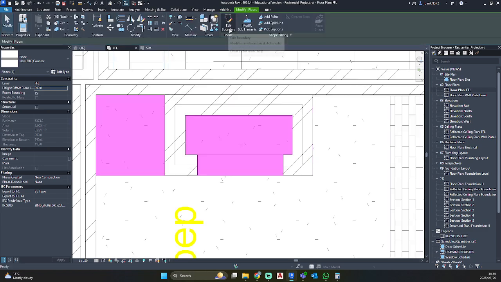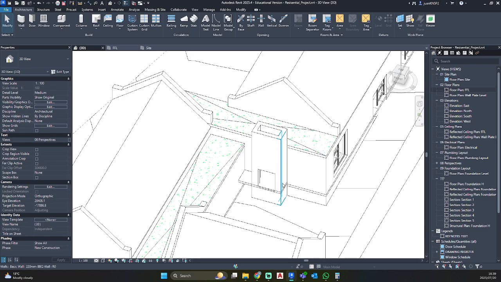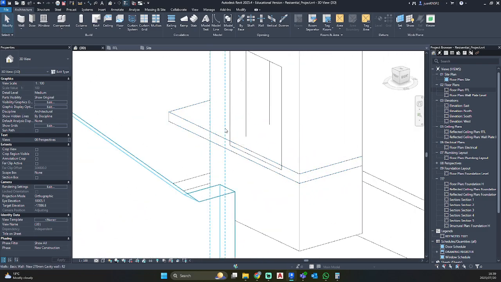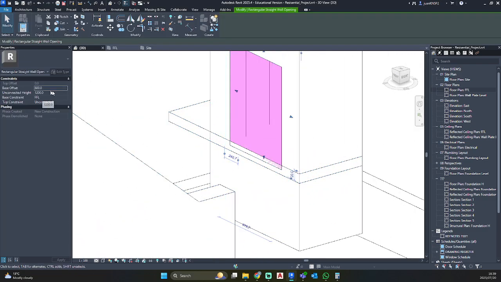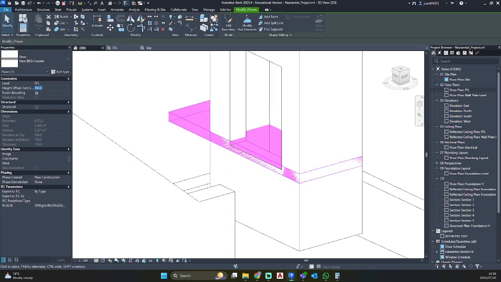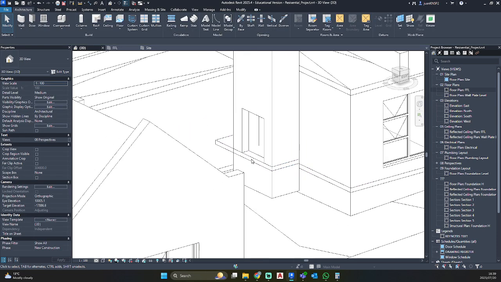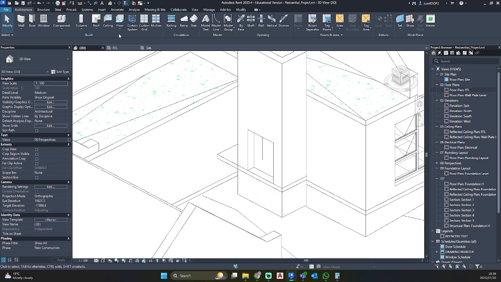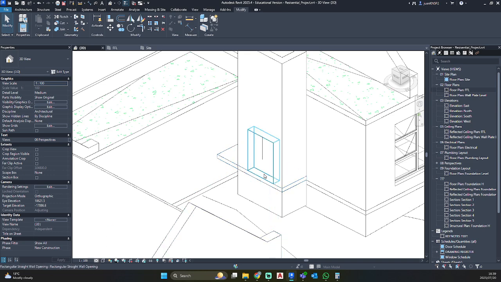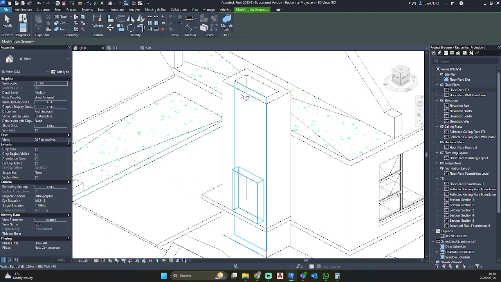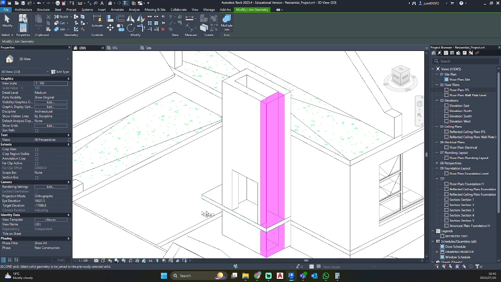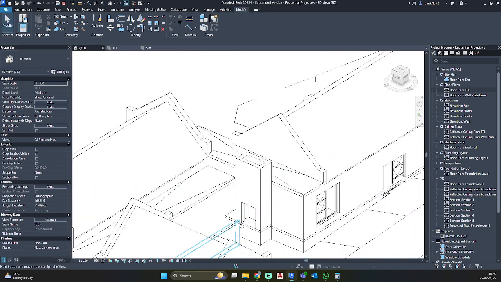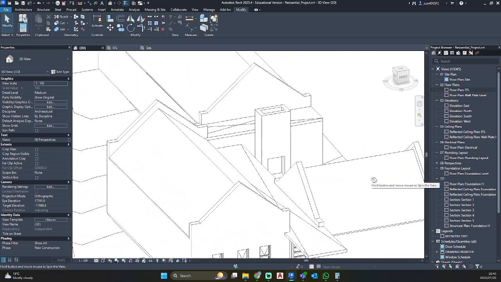Let's go ahead and finish the edit mode, and let's go into 3D mode. There we have our slab. So we added it 800, so I'm just going to change this back to 800. There we go. So now to clean up this connection, I'm just going to go join, click on my wall, click on my floor, and repeat the process for all the other chimney walls. There we have our nice little chimney.